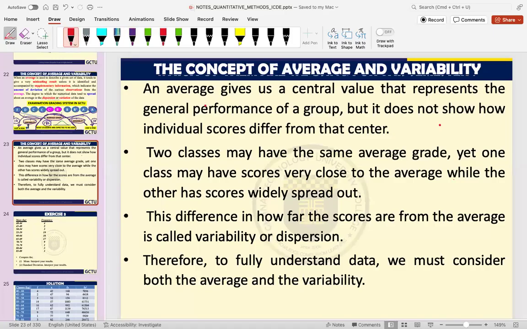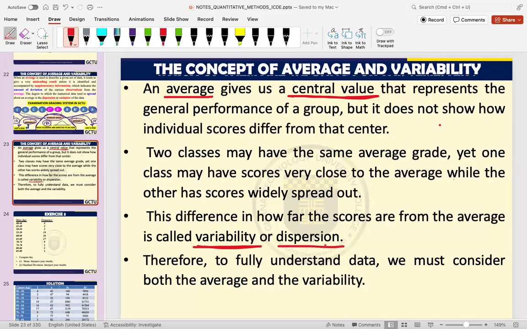Always remember that the average will always represent the central value or the target value in any business performance, whether it's general performance or group performance. Always the average will be the central value. But that's not the only thing we need. We also need to know that the average will have to go through what we call variability